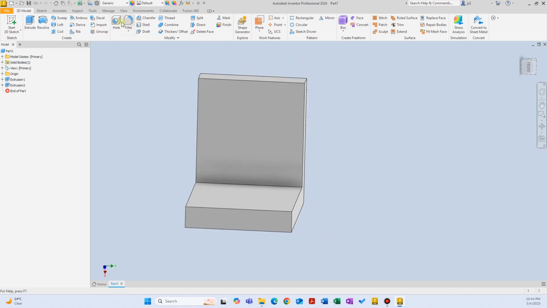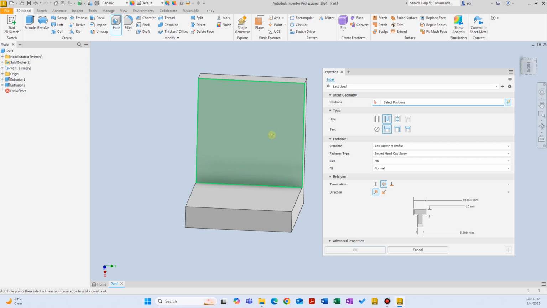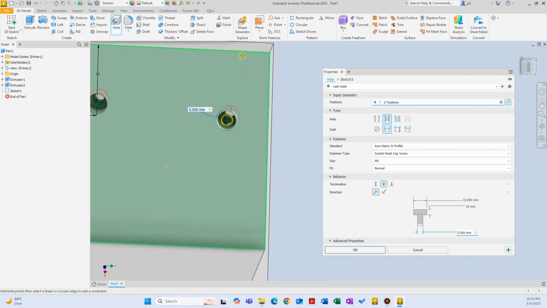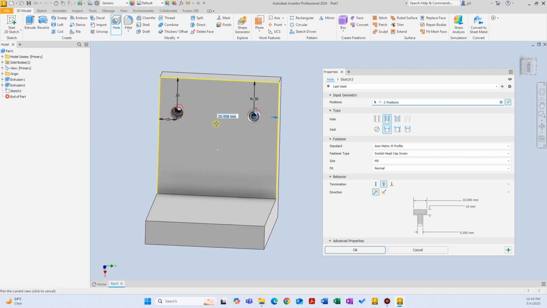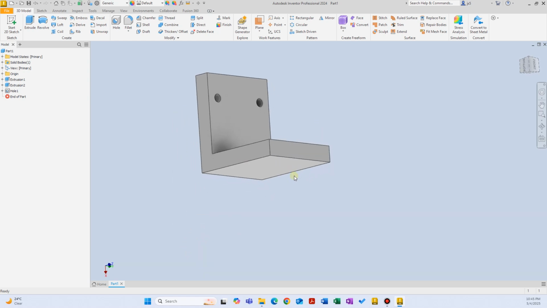So let's add some holes. Click on hole, and it is using the last used hole settings here, which is fine. Let's add maybe 2 holes. One here, and as we mentioned in the previous video, we can click on the hole and highlight it. Let's say it is 15 millimeter away from this edge and 30 millimeter away from that edge, and then activate this hole. Let's say this is 30. Let's use that parameter right there, and then click on this edge and let's use this parameter and finish it. Yeah, we added 2 holes there,